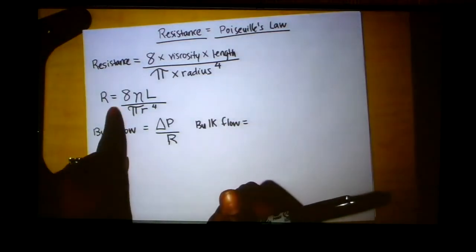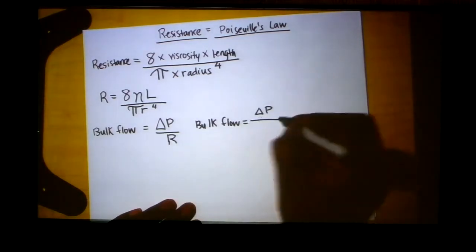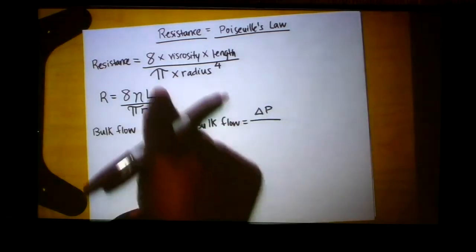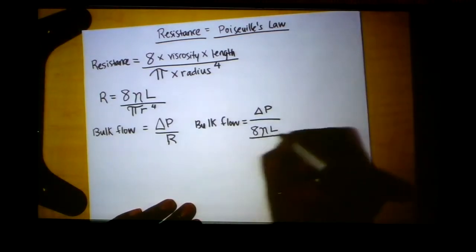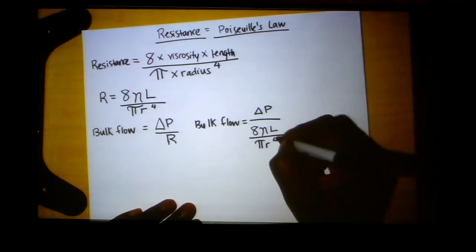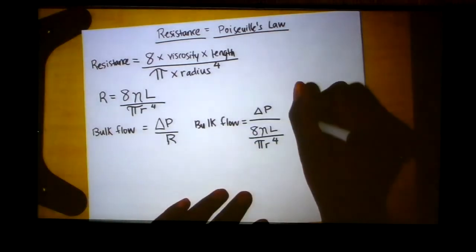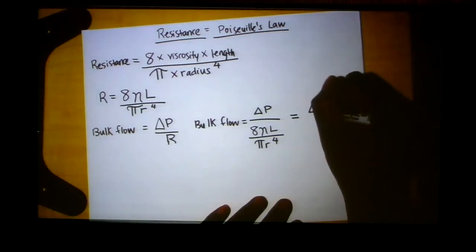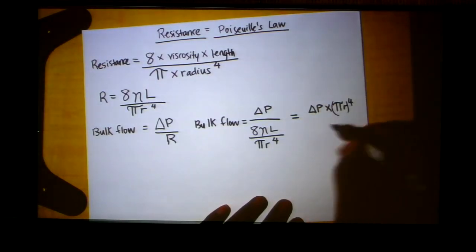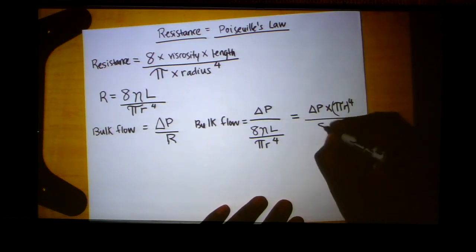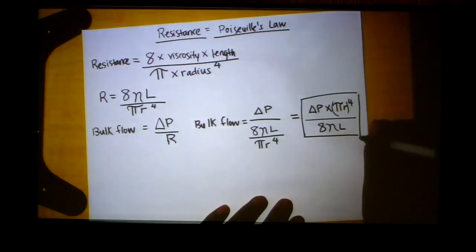is equal to pressure gradient divided by R. Well, we won't put R, we'll put this formula, which is 8 eta L divided by pi r to the 4th. And because this isn't good math, we're going to rearrange this equation to be delta P times pi r to the 4 divided by 8 eta L, okay? And this is a more detailed equation for bulk flow,